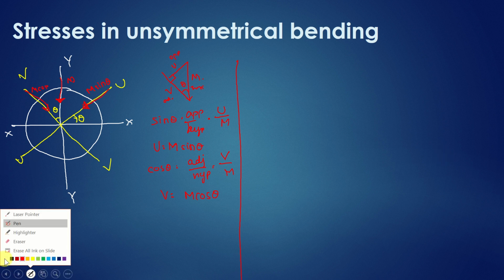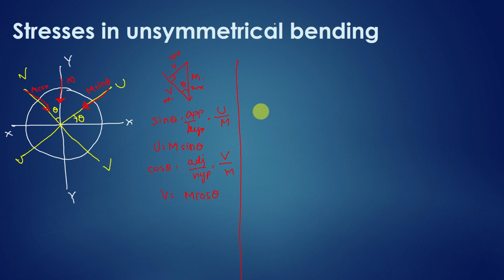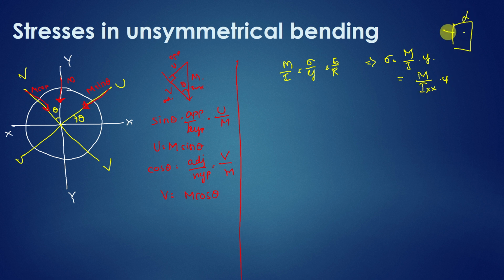So if you remember the pure bending theory, you have this equation, M by I is equal to sigma by y is equal to E by R. So from that, how will you calculate the stress? Sigma is equal to M by I into y. So what you have already considered is M by Ixx into y, the moment of inertia about the x axis, into y, when the load is on the y plane and along the x plane. So it will bend like this. So you have to find out the moment of inertia about the x axis. The same concept we are using here, but we have to consider the new, shifted axes.